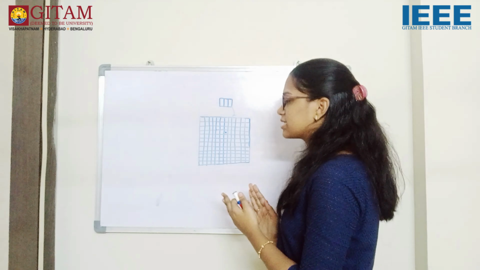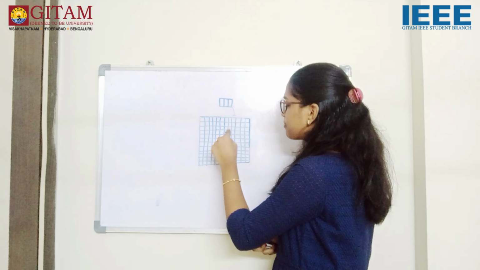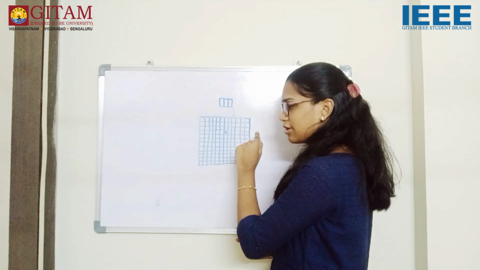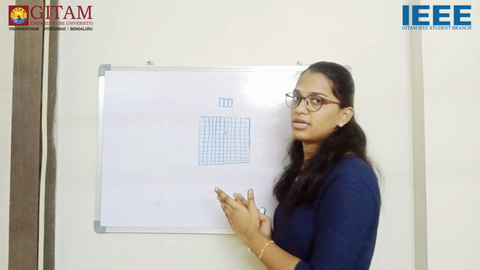And this is what a basic image looks like. This is the x direction and this is the y direction, and every pixel has a unique x and y value. So at this x and y value, we will be having a particular intensity. When all these intensities are combined, we form an image. So an image is basically a 2D array which holds all these pixel intensity values, which are combined together to make an image. So based on these picture element values, the image can be of three types.